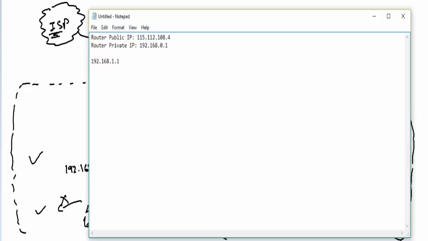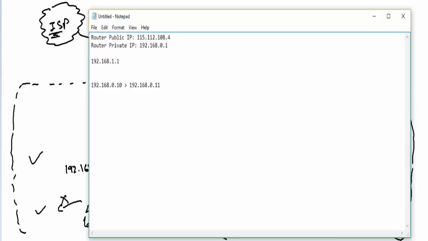Some companies' routers come with 192.168.0.10 as the default IP address for the router, and all the new devices which join the network at home will start from 192.168.0.11. So 11, 12, 13, 14, 15, likewise it will start distributing the IP addresses as and when devices join the network.